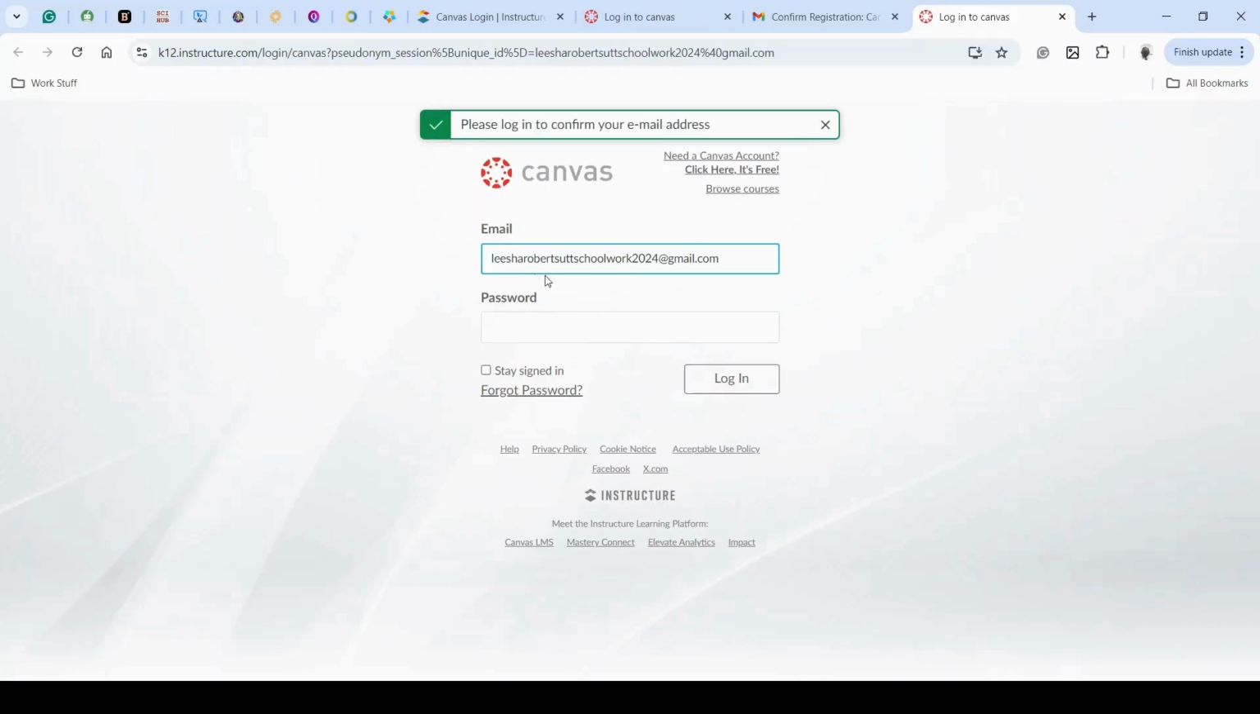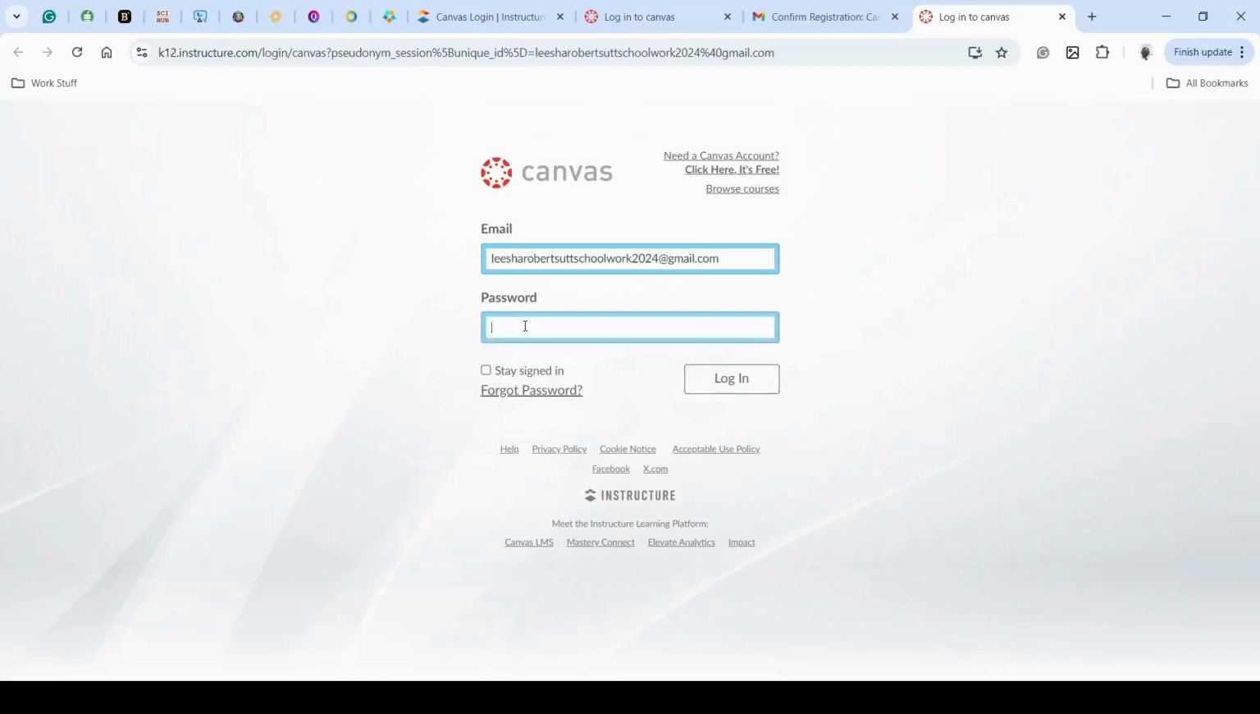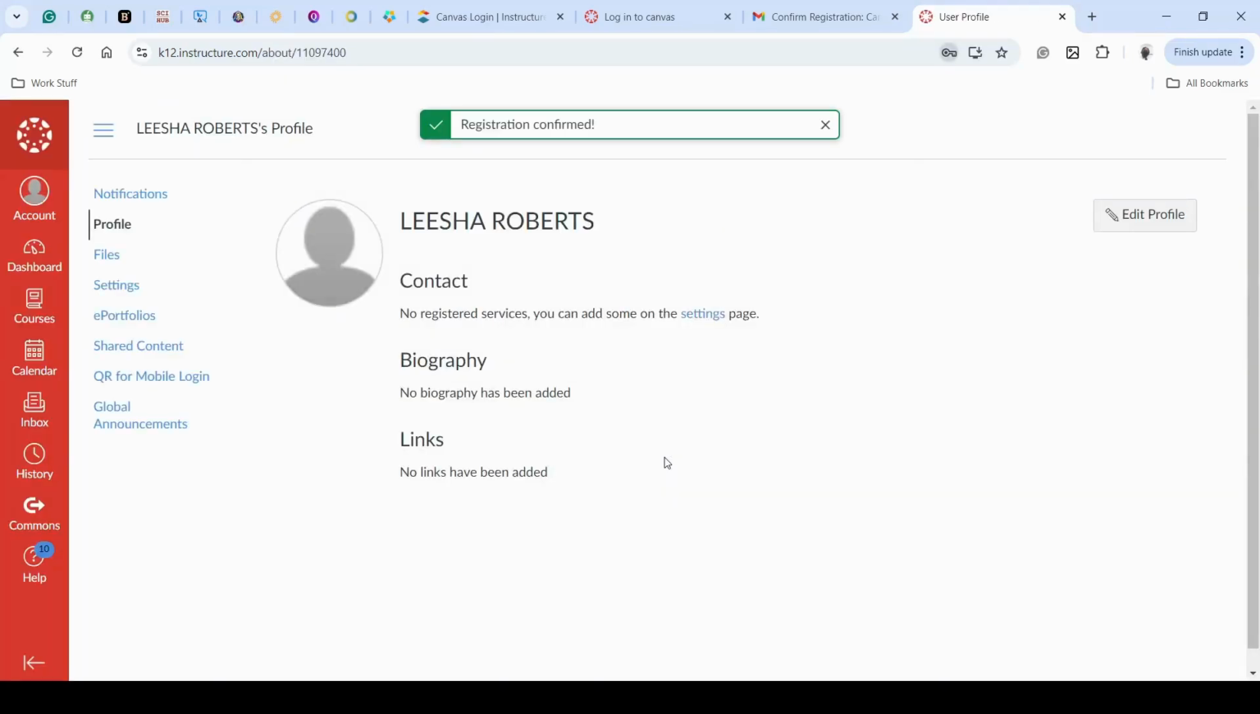It will take you to the Canvas page, and you log in using your email address and your password that you would have created previously. If you want, you could stay signed in. If you forget your login credentials, you could click login, forget password, and it'll send you an email asking you to reset your password. And here we have